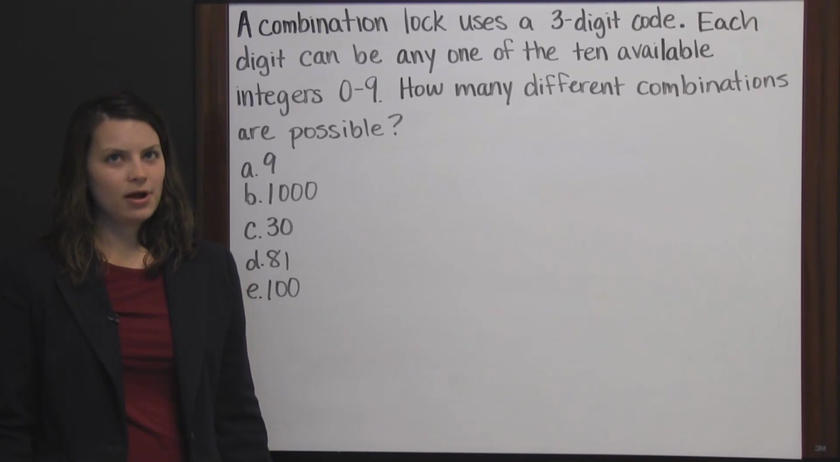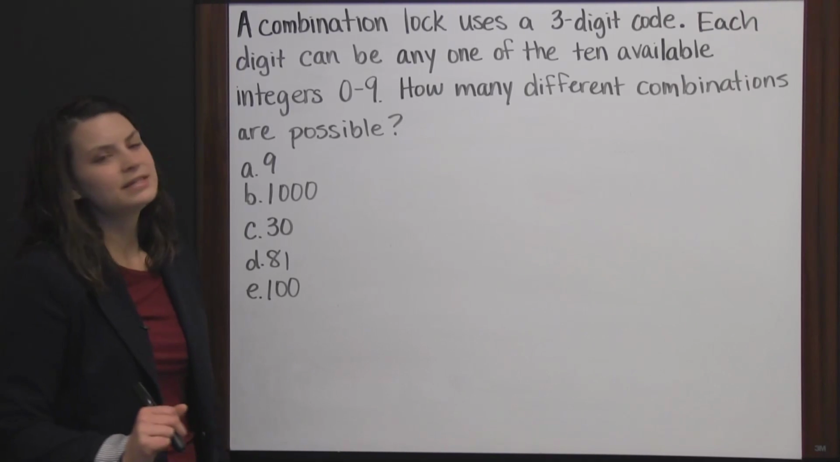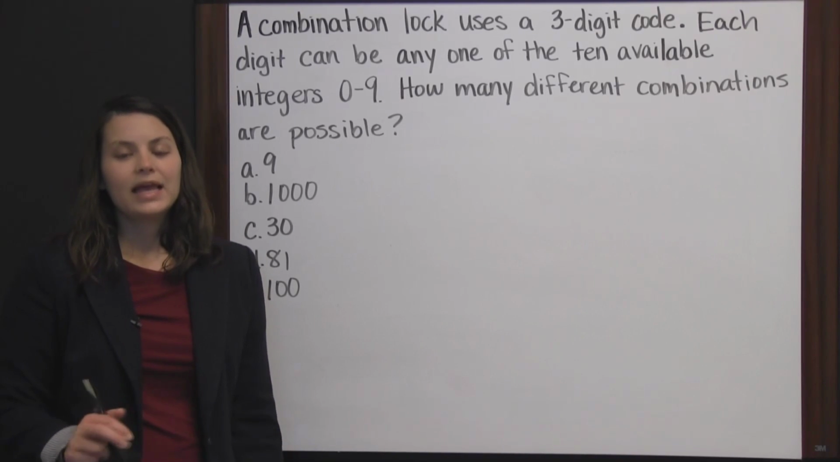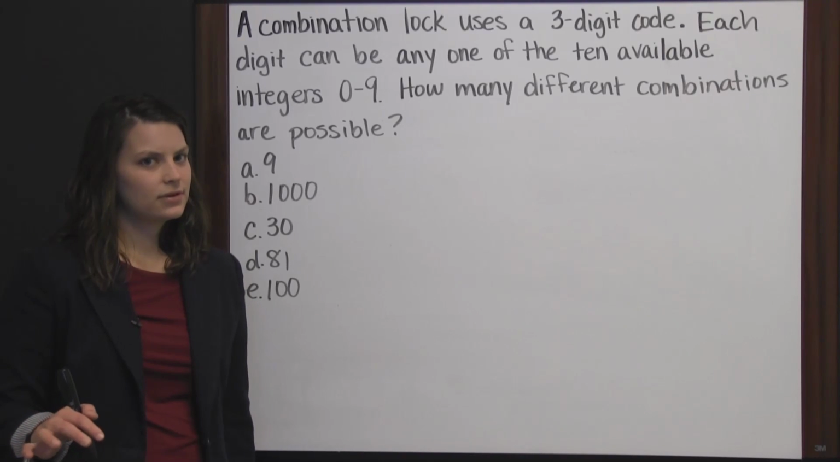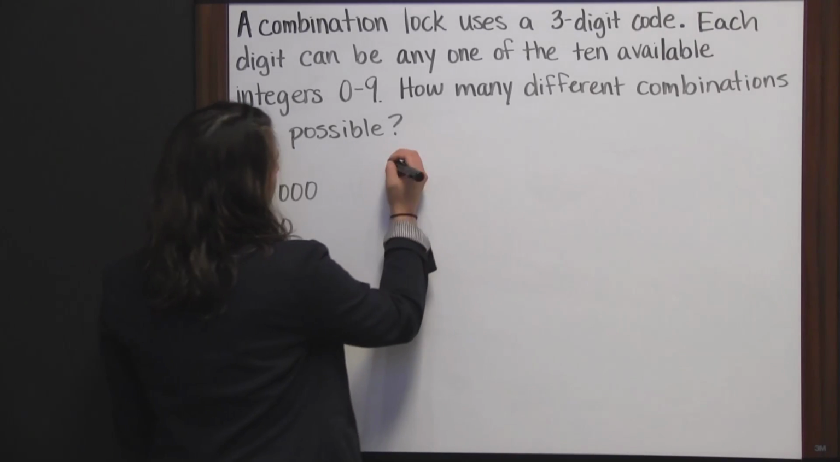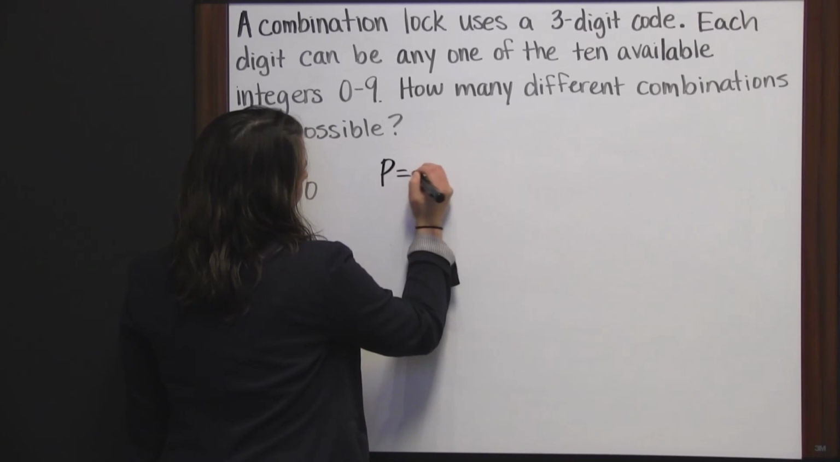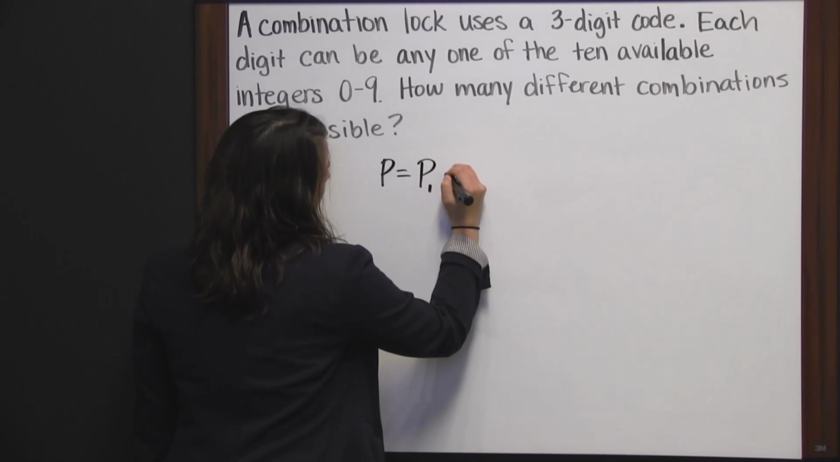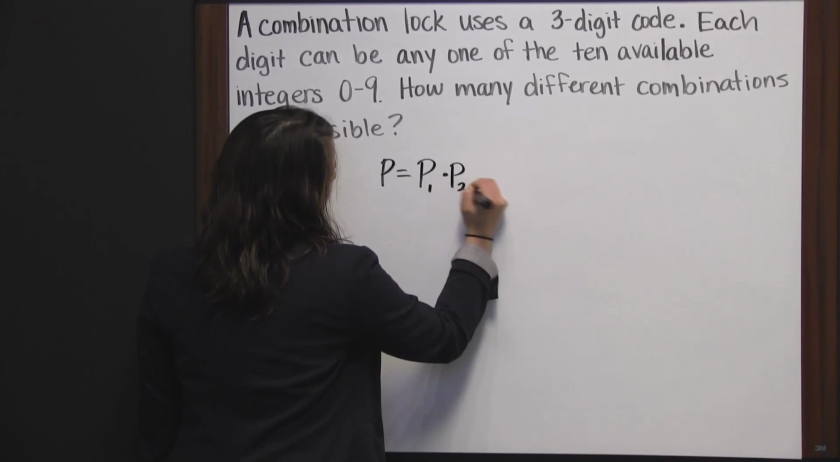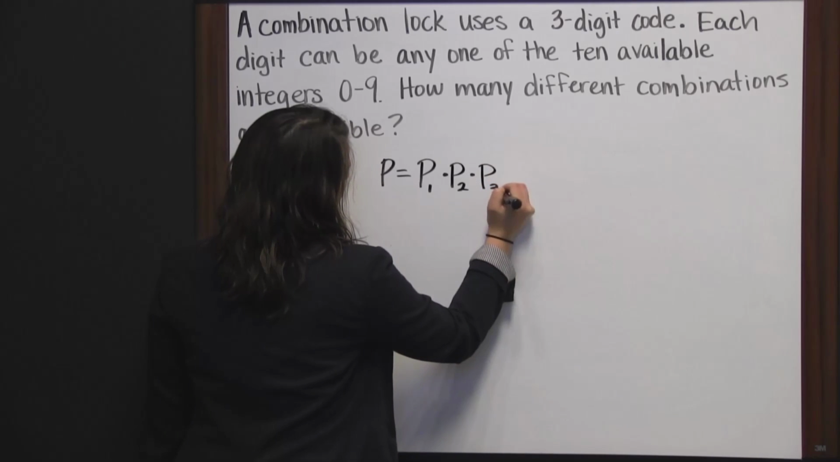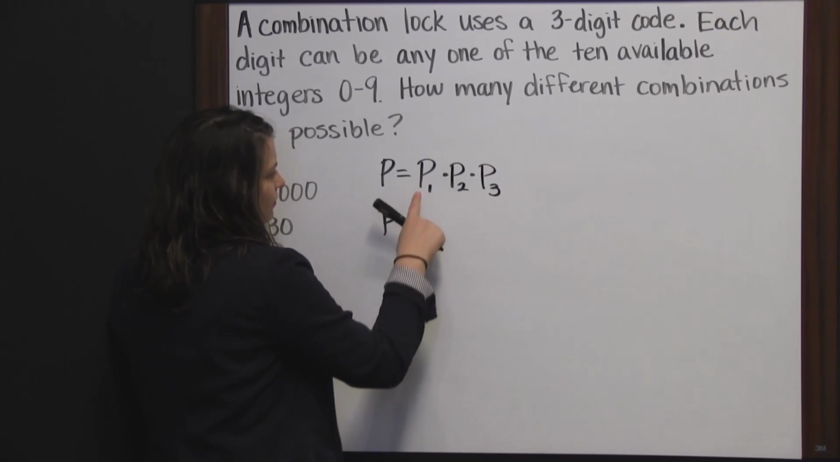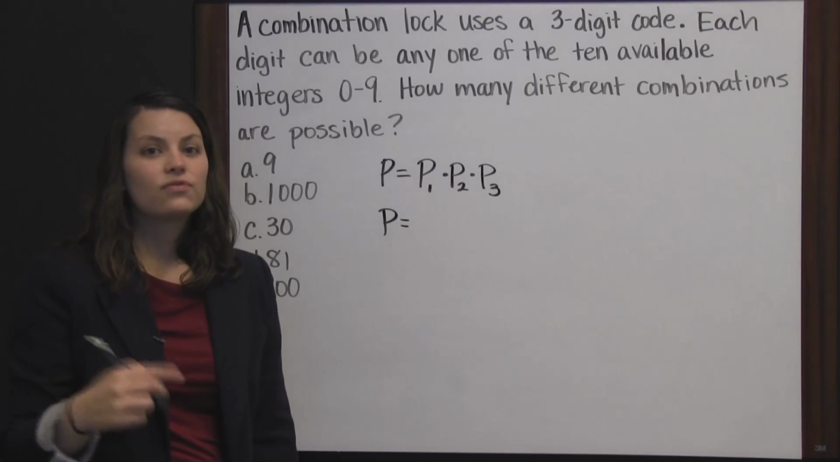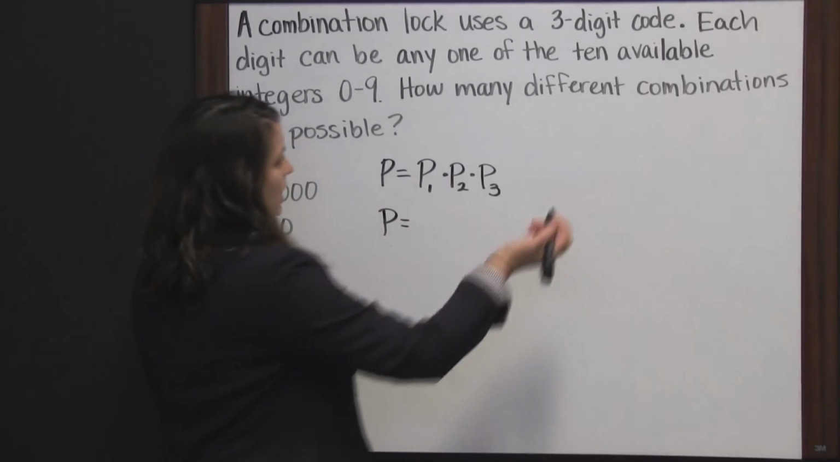In this probability problem, there are 3 independent events. Independent meaning they don't affect each other. So to find the possible outcomes, we would have to find the product of the possible outcomes for these 3 independent events. So the possible outcomes would be first the possible outcomes for the first digit, 10, since there are